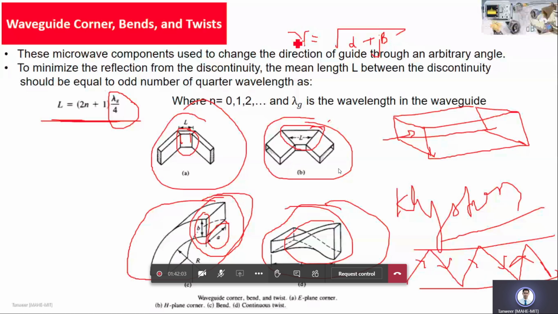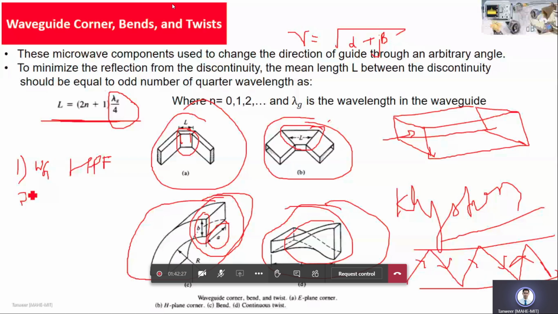That's why at higher frequency we use a waveguide as a transmission line. This is a very famous question, and a waveguide always acts as a high pass filter. These are a few questions you please note down, which are very important for your interview. A waveguide generally acts as a high pass filter. It allows only high frequency. It acts as a high pass filter, and at higher frequency we use a waveguide.